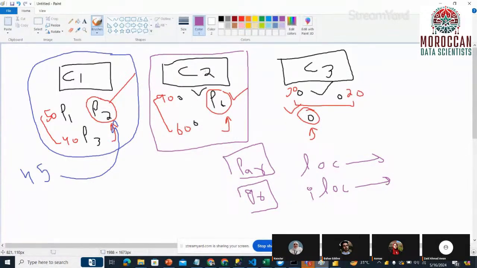The second approach is that we lock each city one by one, take the average, and impute the values using that average. So for this city it will be 90, 60, which is 150, so the average is 75. And for this city it will be 25. So this is how we can impute the missing values in a numerical column. But